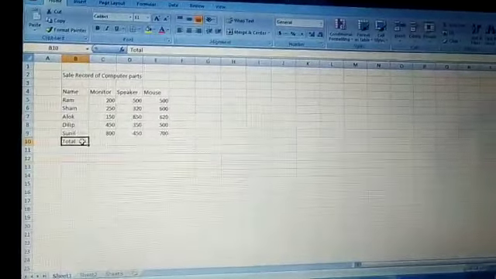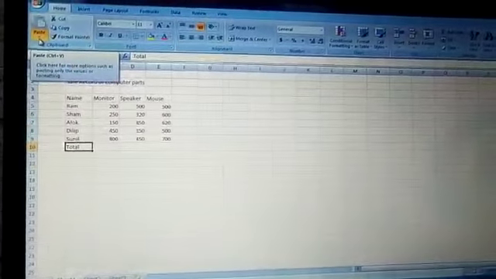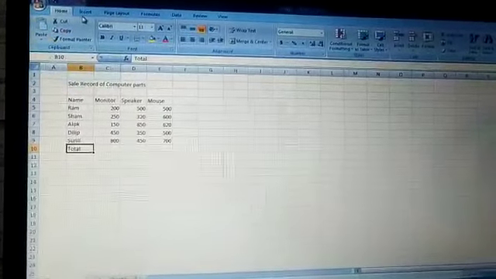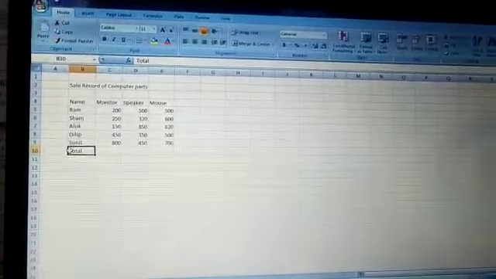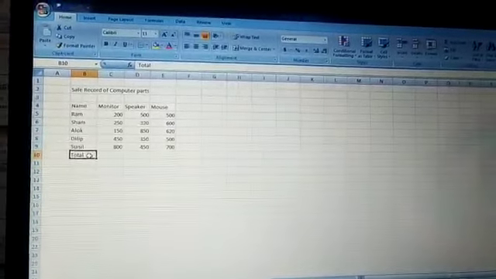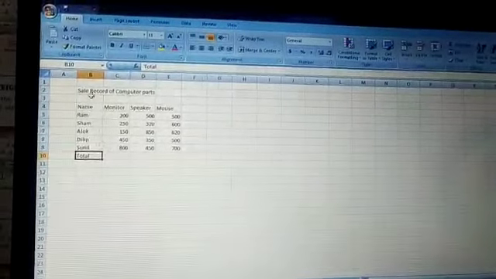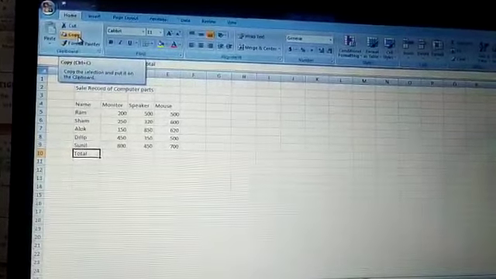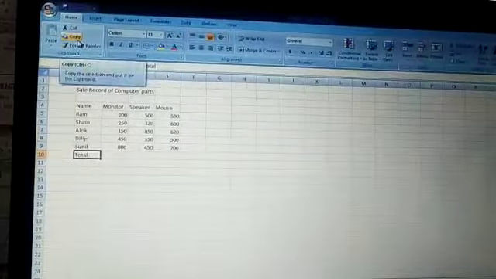For this, just click on the cell. Here the cut, copy, paste options are given, and you are all very familiar with these options. Cut means to move. It means the text is moved to another place and deleted from this cell. And you know that copy means to repeat data in your worksheet. Here I am copying the data.